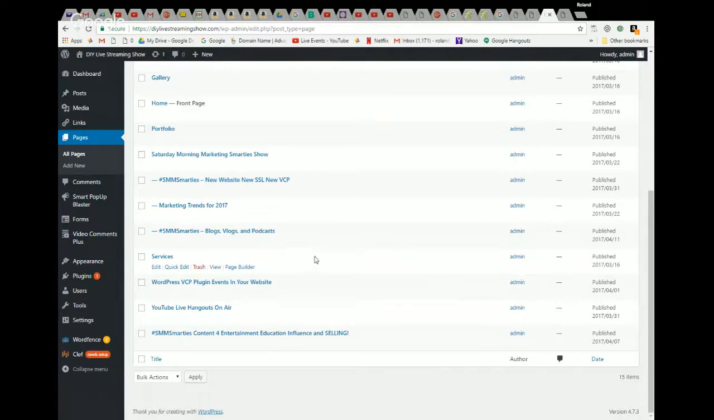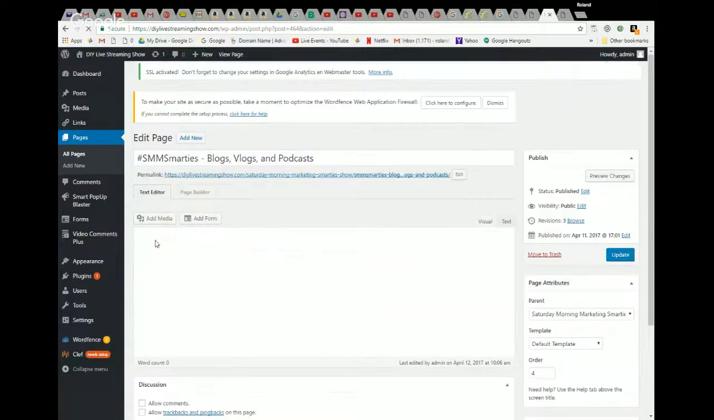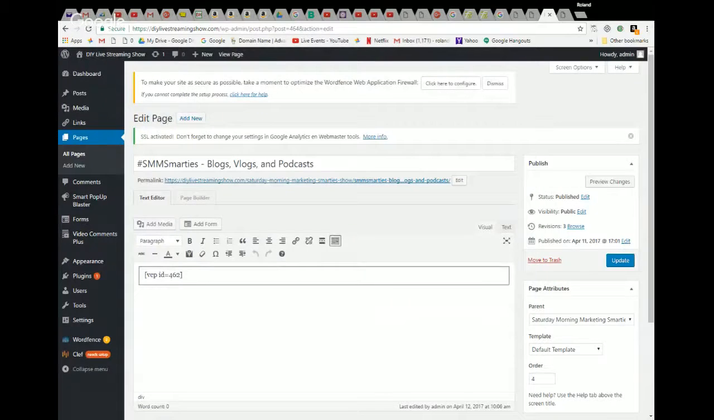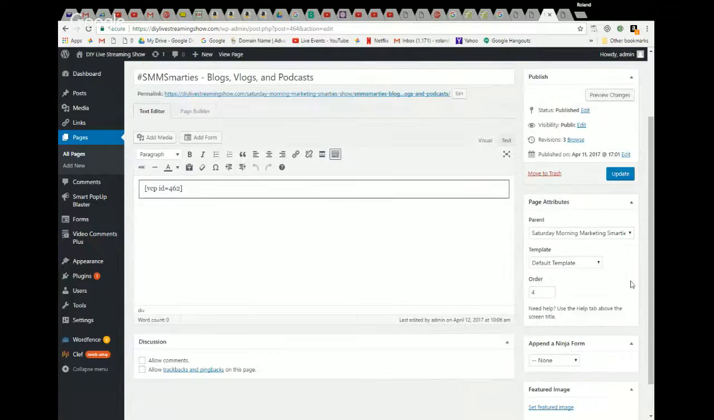They're indented one. And the way this happens is if I go to these individual pages, like this is the third sub page, 1, 2, and then the 3, the Smarties. This is for this coming Saturday. Blogs, vlogs, and podcasts. And if I go to the edit button and I come over here and I remove the order button, I mean, not the order button. If I